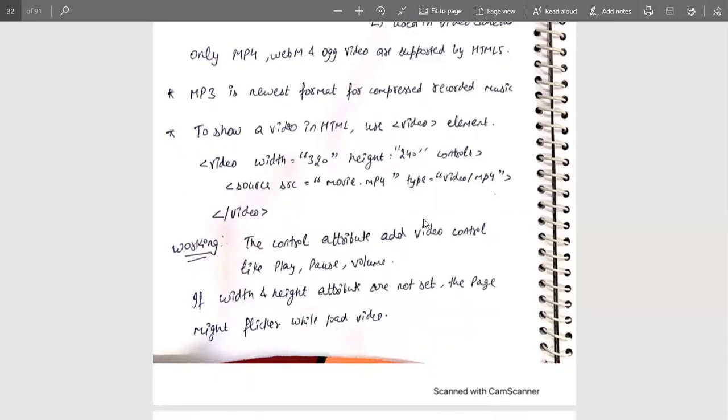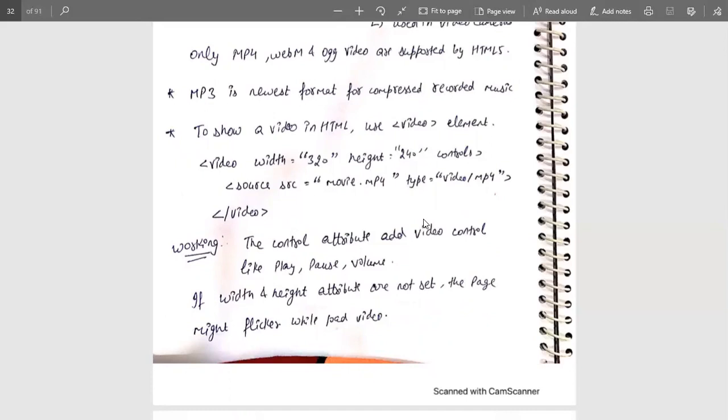The basic controls attribute here covers play, pause, and volume, because these are the basic controls that we want to insert in any video. Whenever I want to play, pause, or increase or decrease the volume, we need to mention all these controls at a single time. So the controls are added with the help of this one.